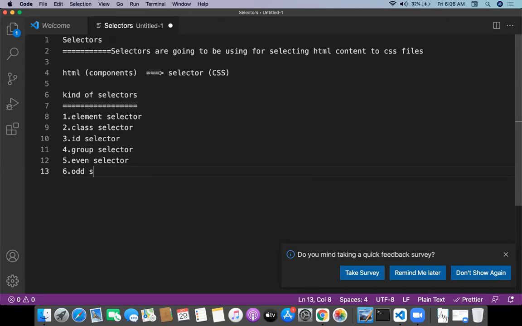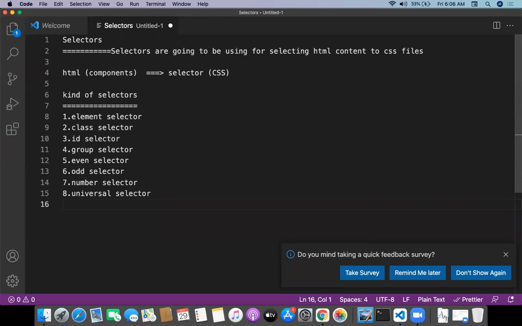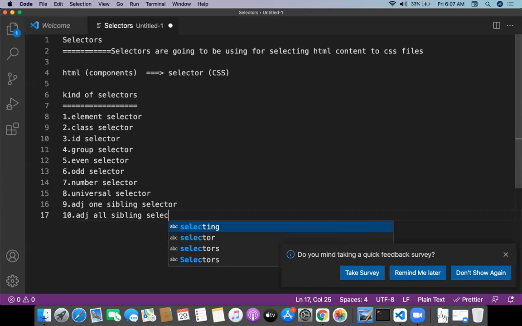One is a number selector. One is a universal selector. One is an adjacent one sibling selector, and one is the adjacent all sibling selector. So these are the multiple kinds of selectors which are going to be available.